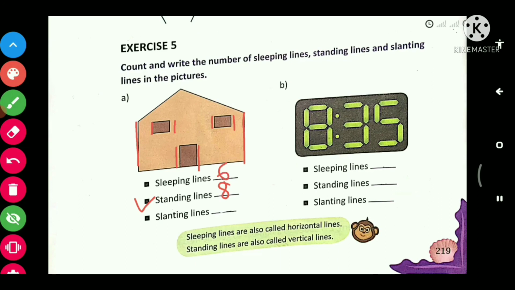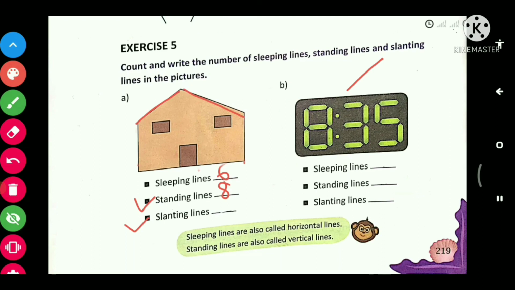So now the last one is what? Slanting lines. A slanting line is just like this, like someone is bending in one direction, right? So now we'll count the slanting lines. So 1, 2.